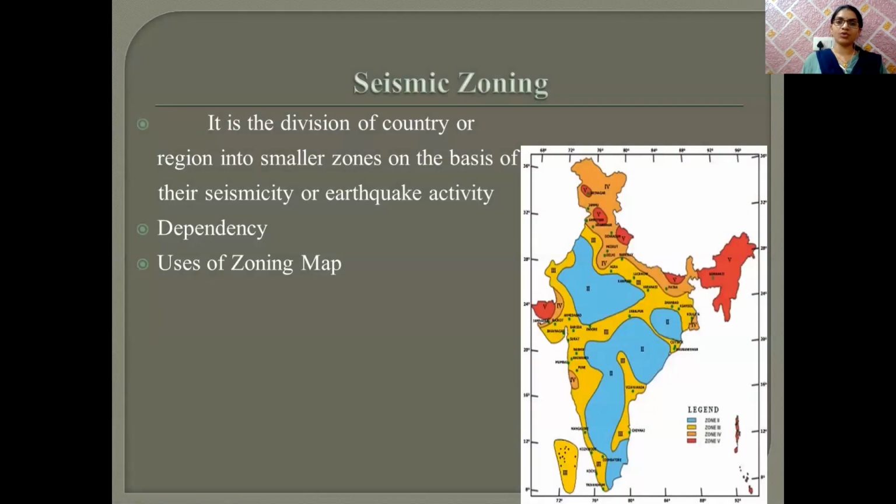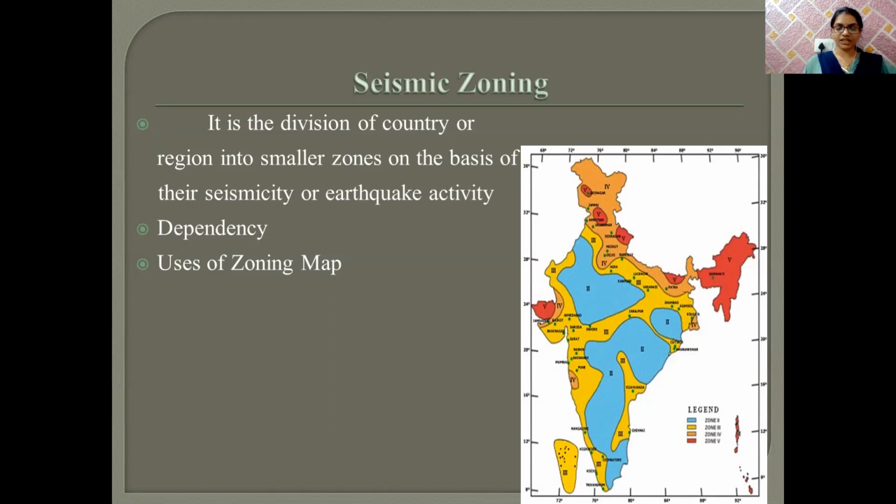Next topic was seismic zoning of India. There were five types of zones according to IS code 1893 (2002) Part 4. But nowadays the zones are divided into four parts. The first zone and second zone were combined, so now there are only zone two, zone three, zone four, and zone five. This is the map of India, and these are the regions about zoning under the